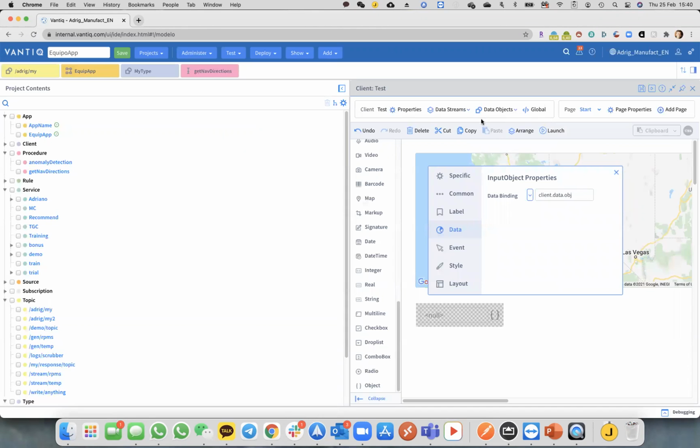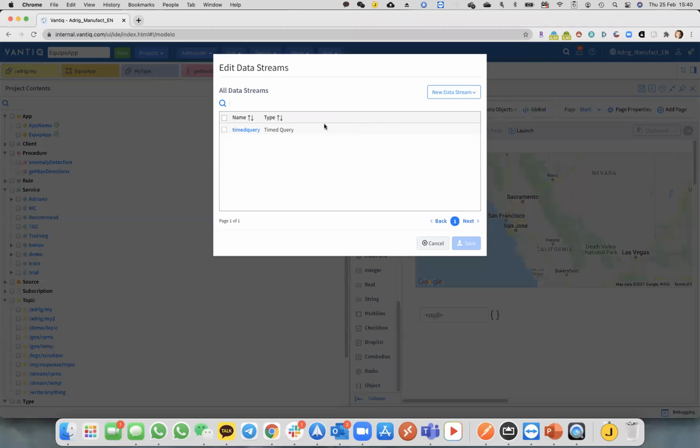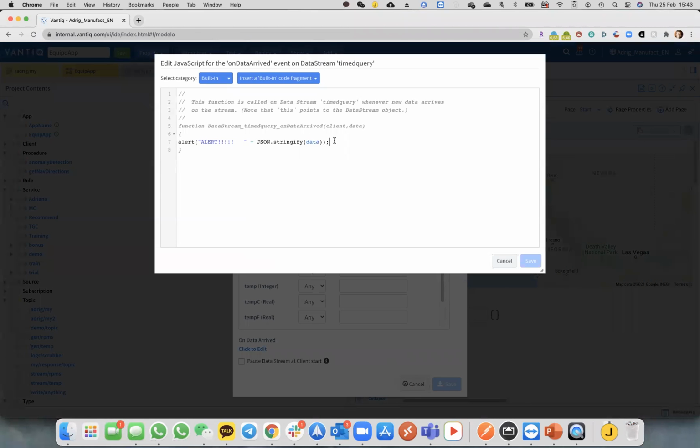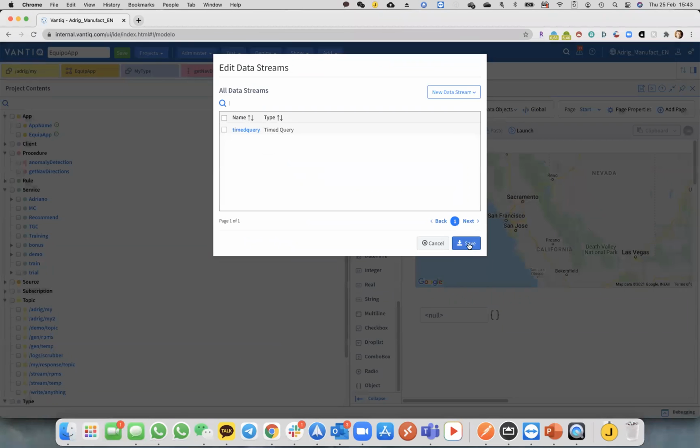Save and exit. And now on my data stream, adding to the alert, I'm going to say client.data.obj equals data, and I'm pretty sure it's an array, so I'm going to put data 0. And here, save, save, save,